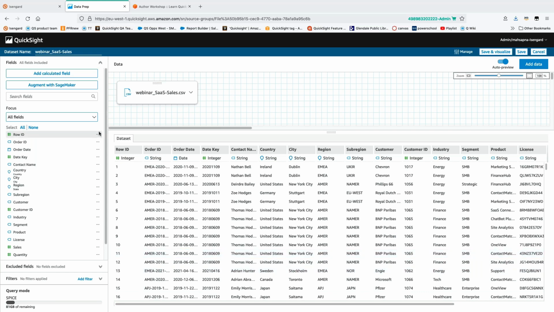Here on the left, you can choose to exclude certain fields. If you know for sure that you're not going to be using some of the fields, you can choose to exclude them. If you want to exclude certain rows, then you can add a filter and exclude the rows as well. Now let's do save and visualize, and you see your dataset name is the same name that was given on your CSV file right here. If you would like to change it, you could change it here, and then we would say save and visualize. This will take us to our